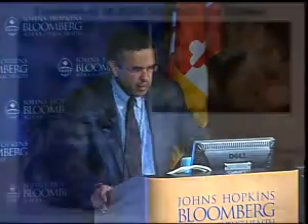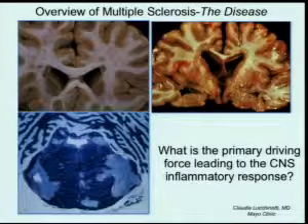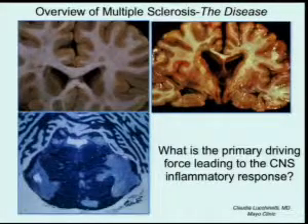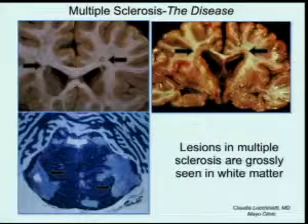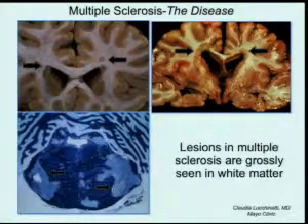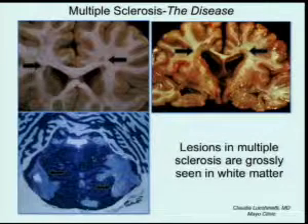Let me begin by presenting an overview of what the disease is for the non-neurologist. So the question is, what is the primary driving force leading to central nervous system inflammatory responses? If you look grossly at tissue from patients who die from MS, one sees lesions here in the periventricular region around the ventricles. Here is the pontine region with a dye called Luxol Fast Blue, which stains for myelin, and one can see these extensive lesions predominantly in the white matter, but we now know there are early gray matter